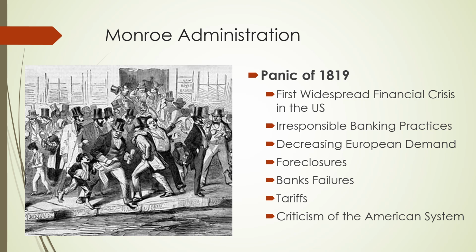So we start to get people that oppose these things, like the tariff of 1816. Obviously, the northern states want to keep that going. Remember, it's a 3-year tariff. Southern states don't, because they can buy cheaper goods from places like Britain and France. And so we start to see some division here along the lines of the economy, and that's going to be important for, obviously, the rest of this section.